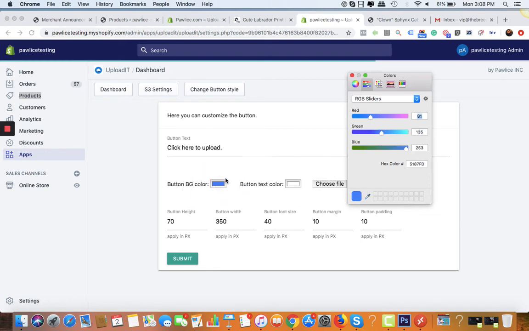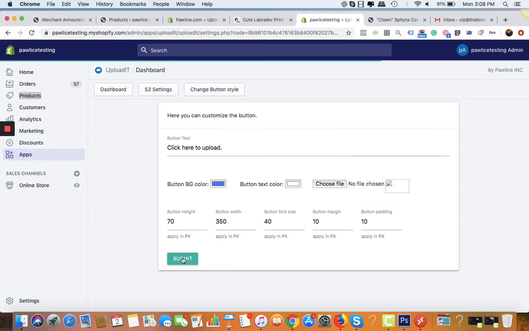We have taken the color right from there, and if everything looks good, you can of course change the RGB sliders to make it look dark and any way you want it. The point is to match it with the page button if you want. And then finally click on submit, save it,